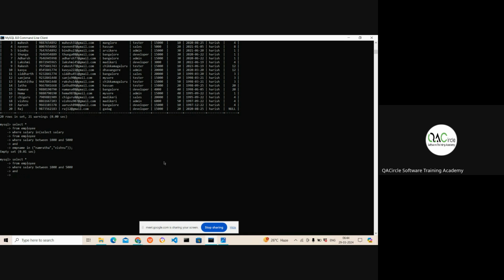So you need to start like salary in, select. Write down the subquery. Select salary from employee where employee name in